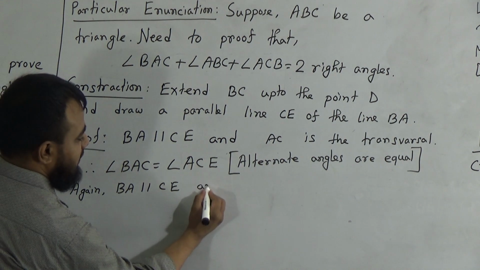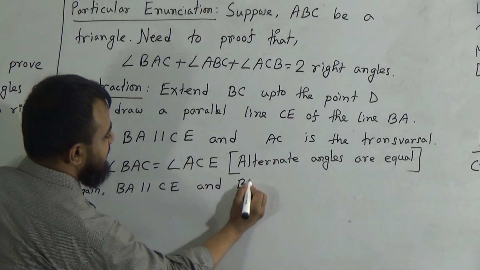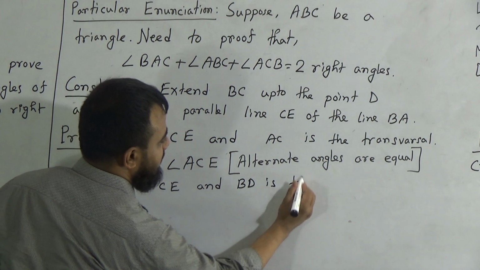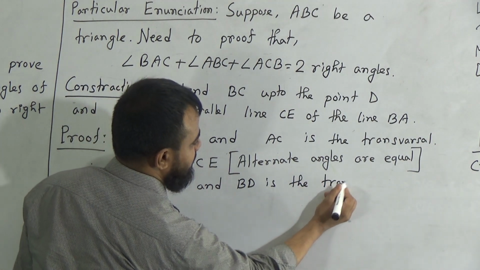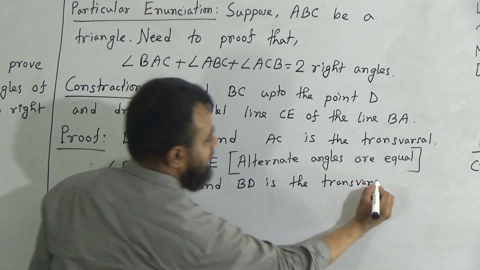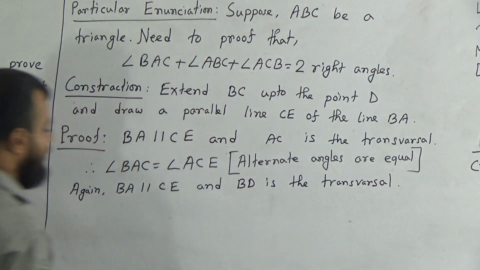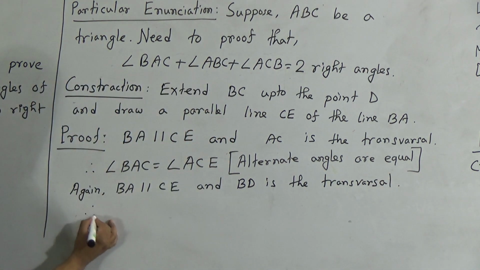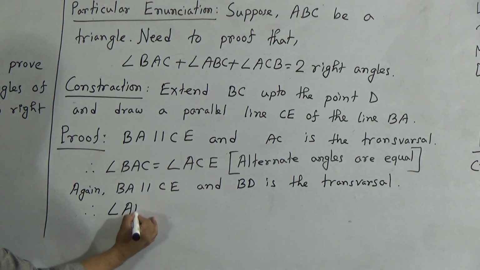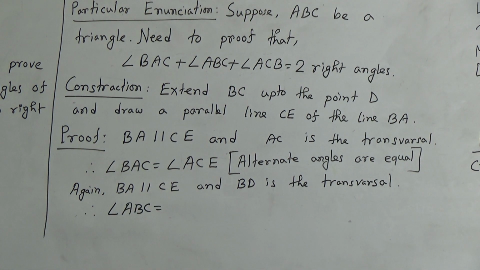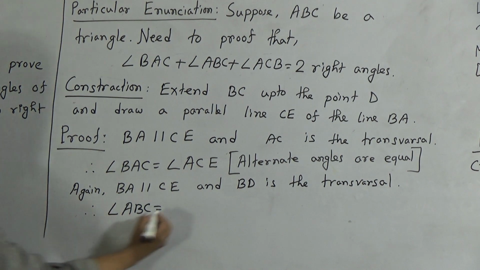BD is the transversal. Then we can write down what? Then you can write down, therefore, the angle ABC is equal to the angle ECD,